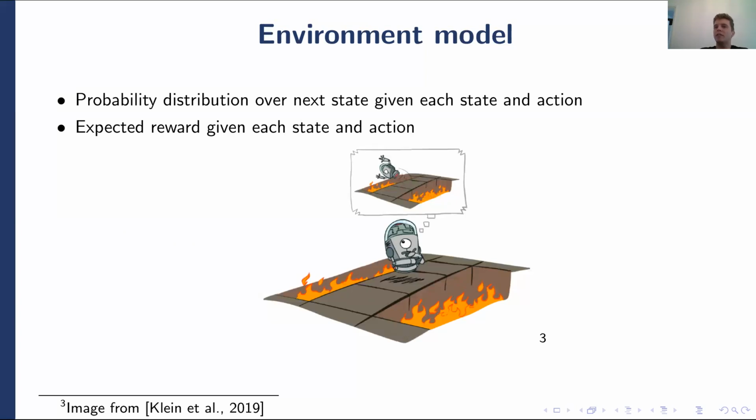So the environment model is this description of how the environment behaves. And having a description of how the environment behaves basically allows the agent to solve the problem in its head, in a sense. Because if the agent knows what the consequences of its actions are, it can plan all the actions that it needs to take in its head. And once it's time to interact with the real environment, the agent will be able to solve the environment very easily.